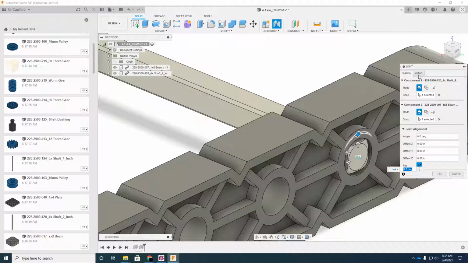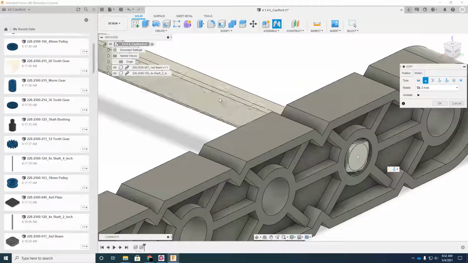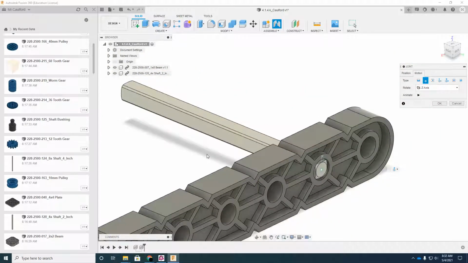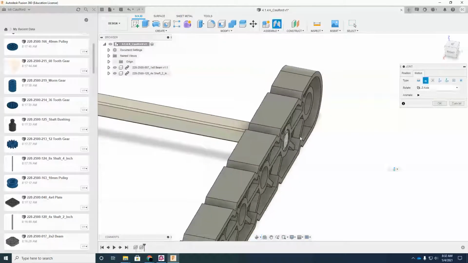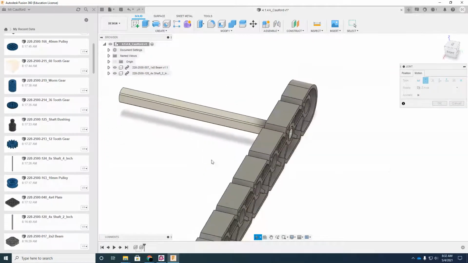What I am going to do is add some motion to it. So I'm going to come over here to motion, and instead of rigid, I'm going to choose revolve. And revolve now allows that piece to rotate inside of that circle there. Now in the instructions, you'll see that this isn't quite flush to this edge right here. We actually need to offset it a little bit. And so if I push it through, I can